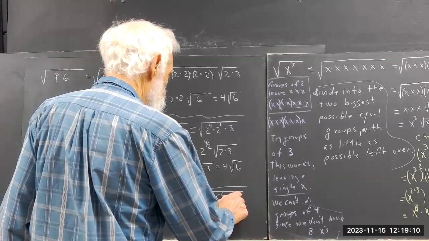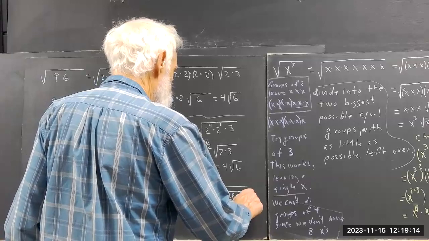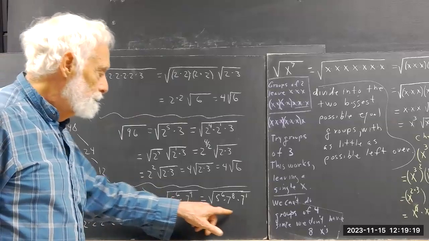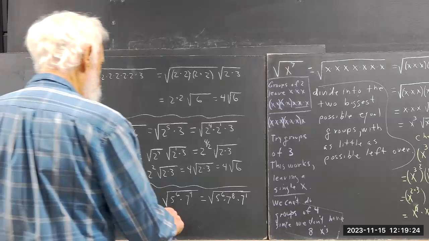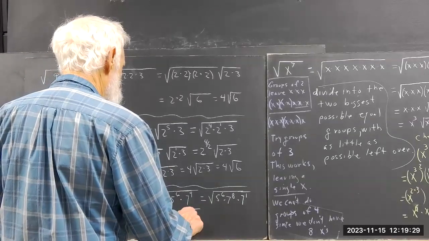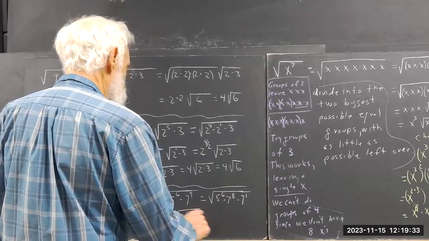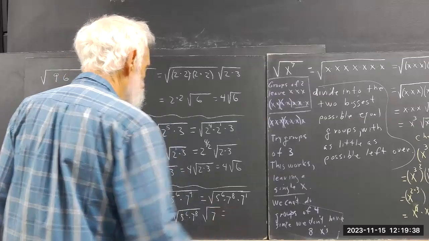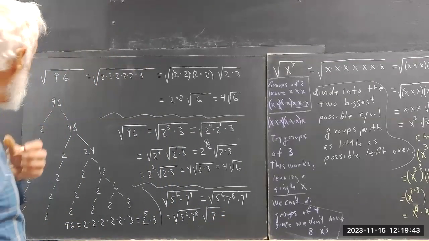So we have 7 to the 8th. And of course, we still have 7 to the 1. So we can write this as 5 to the 6th times 7 to the 8th times 7 to the 1. We can put the 5 to the 6th and the 7 to the 8th into one square root, and the leftover 7 into the other. And we get